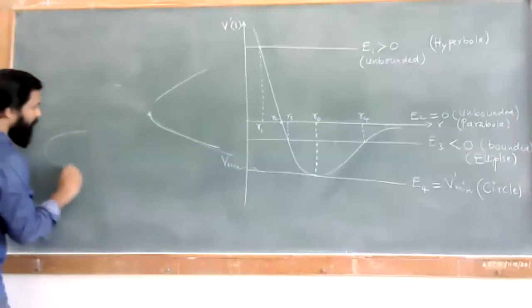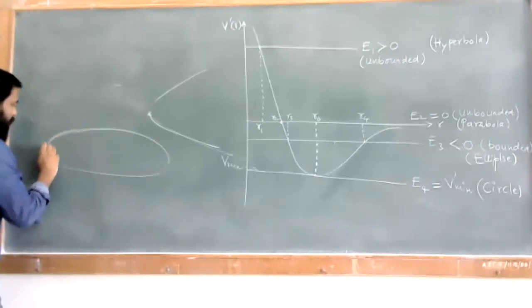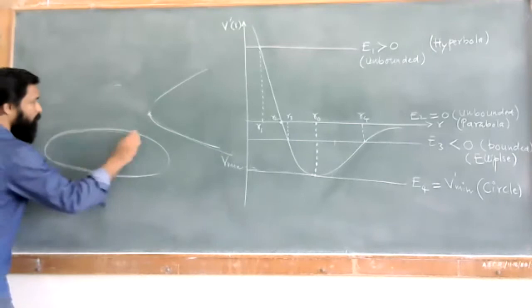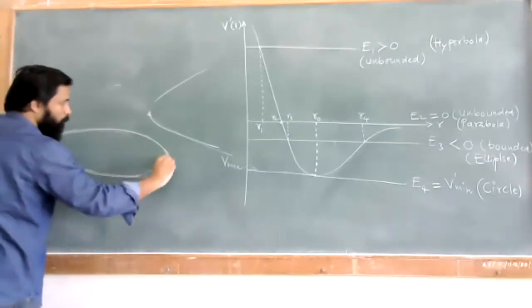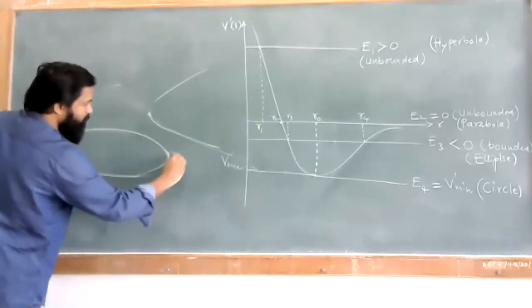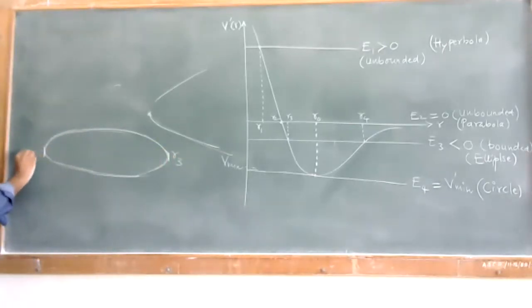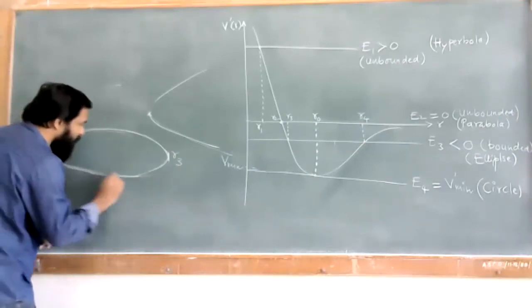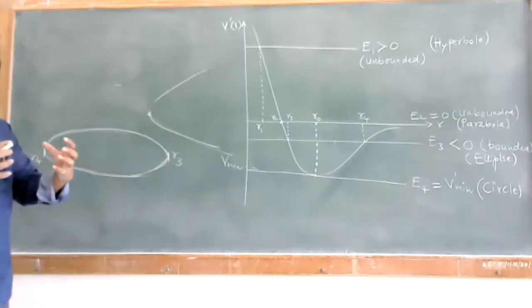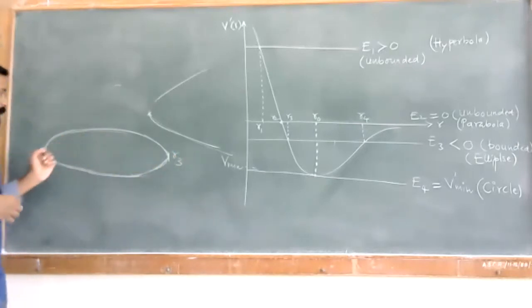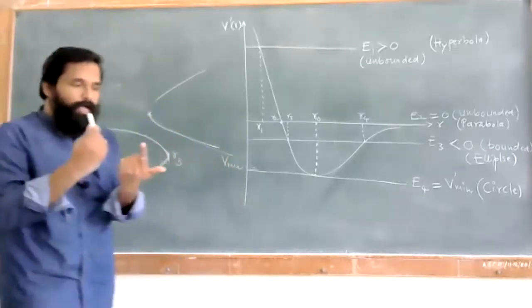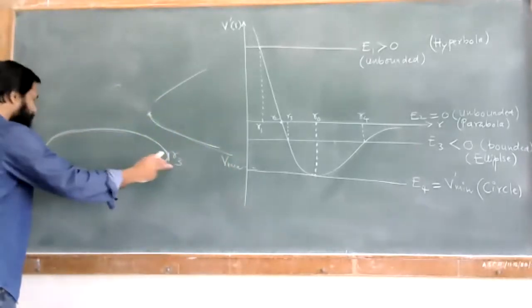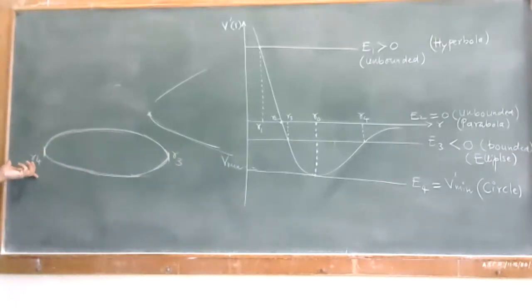Bounded, that is you can say like this. So the particle is bounded. That is, it is moving from one point, let us say for this case R3 to R4. Your planet or particle which is having a bounded motion is bounded in between this R3 and R4. It keeps moving and does not go to infinity. It moves in between R3 and R4. So you can have those conditions.